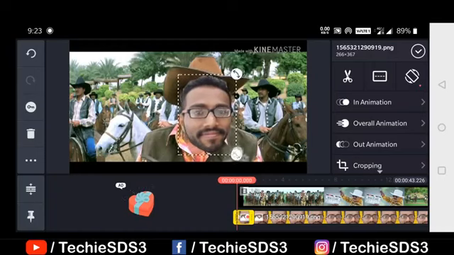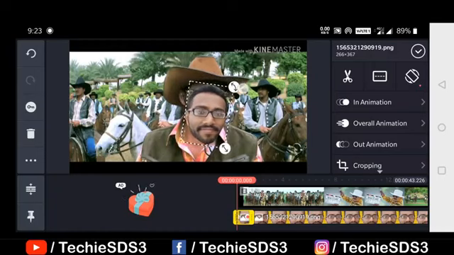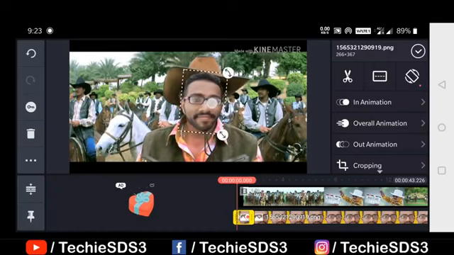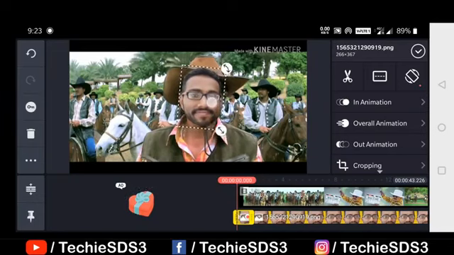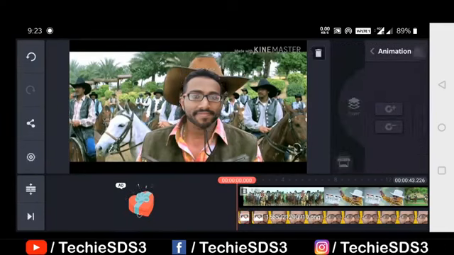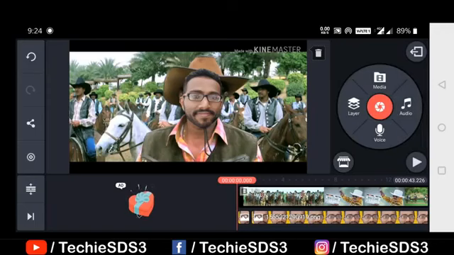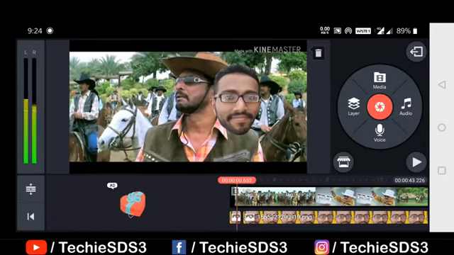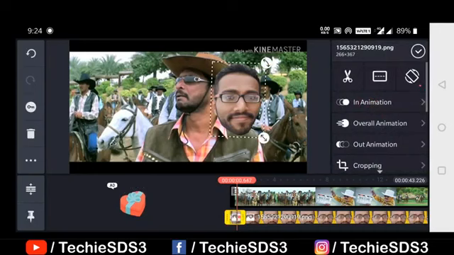Simply first adjust the face as per the original face size, Nana Patekar's size. Then on the left side you can see, guys, the key icon, click on it. This is basically to use the animations and lock it to the background scene. So now it will track the background face and according to that it will move. However, you have to do it manually as you can see, but the animation will look natural. That's why you have to use this tool.